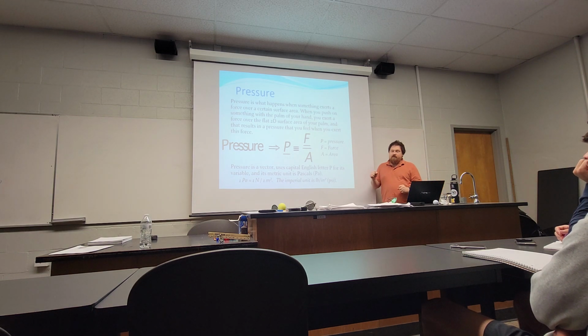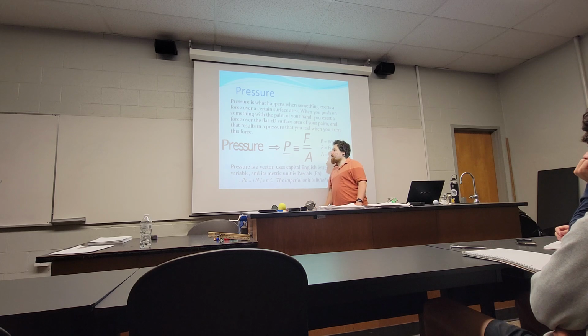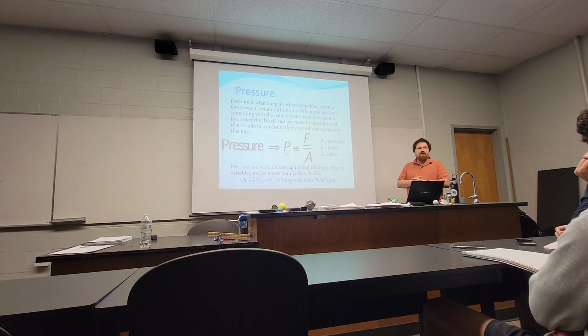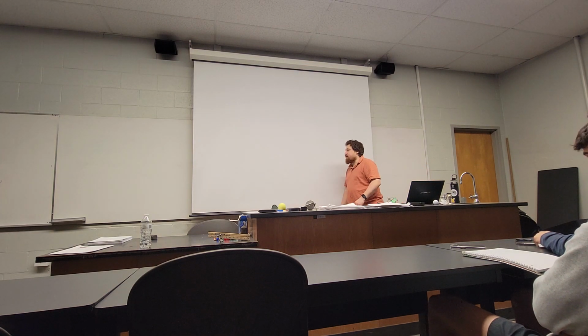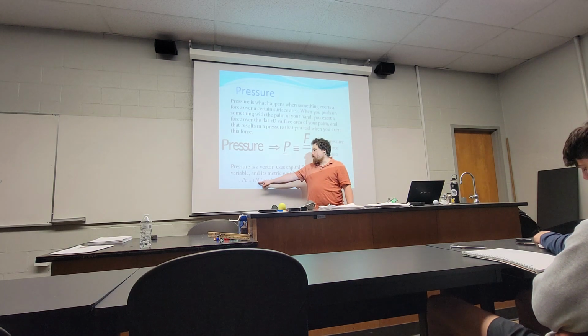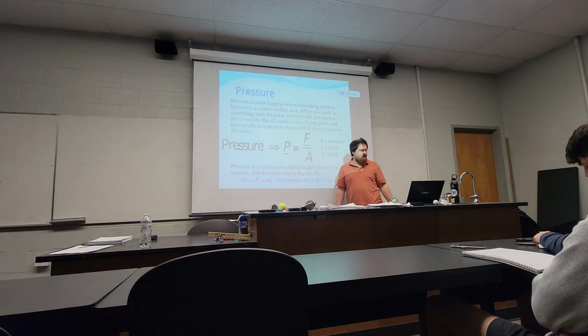And so the definition of pressure is, again, force over area. You take the force that you're exerting, you divide it by the cross-sectional area that you are exerting it over, and that tells you pressure. The capital P here is pressure, F is still force, and A is the surface area that force is being measured over. In physics, we like to use units of pascals for pressure. It's just a very specific metric unit for pressure. For context, 1 Pascal is equal to 1 Newton of force exerted over a 1 meter squared surface area.